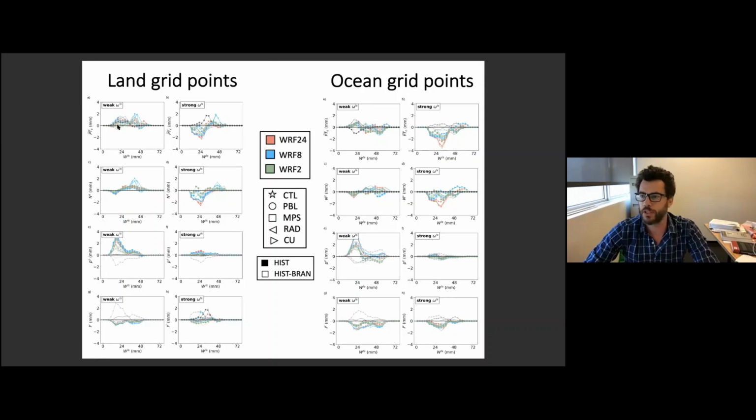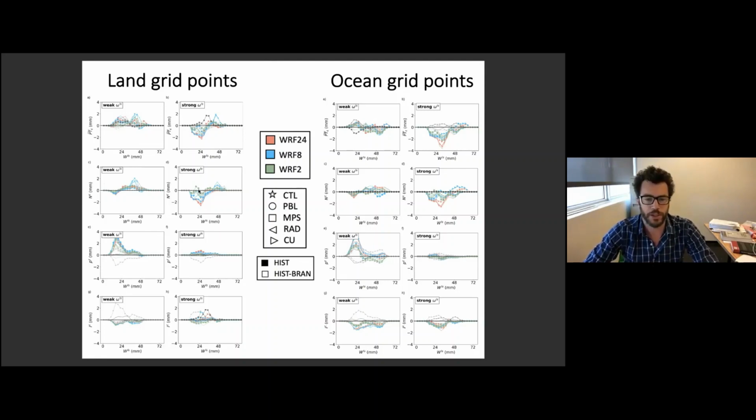And instead of showing the 2D map as we did before, what we have done is that we define weak omega LS and strong dynamical environments. And we show the error as a function of vertical integrated water vapor. So we have on the left weak dynamical conditions, and on the right strong dynamical conditions. And then you have that the total error is the sum of the environment, the frequency, and the intensity. And you can go and look at what's going on.